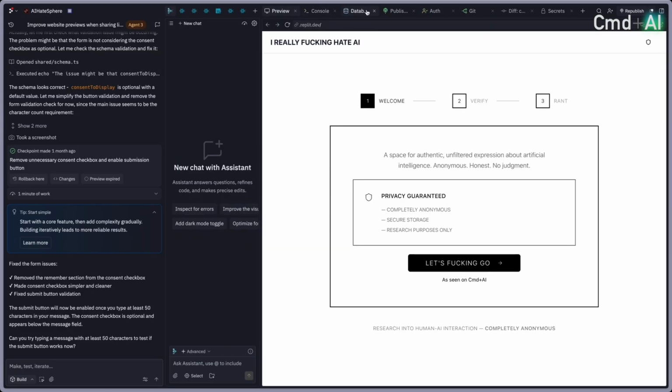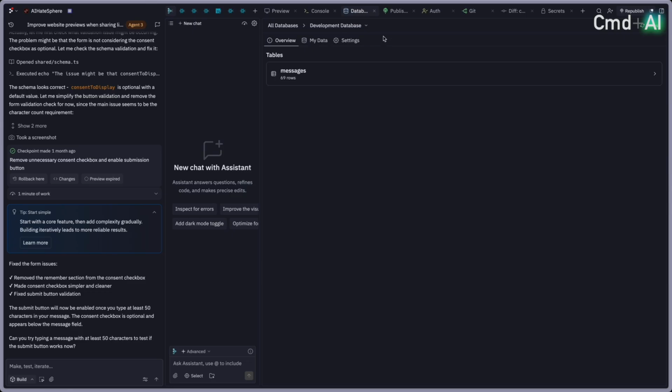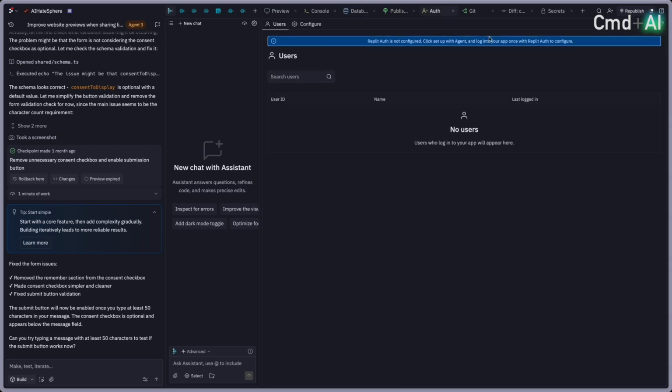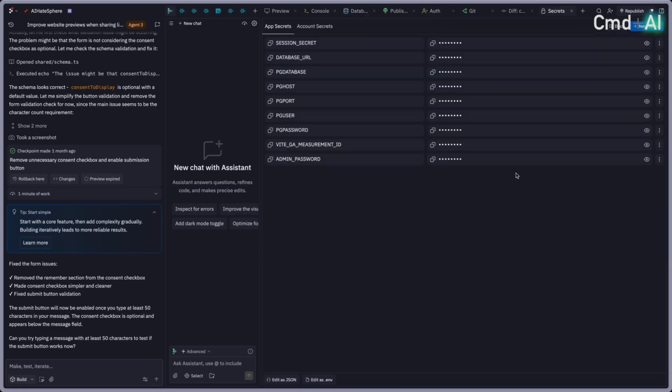It has everything built in. So you've got databases built in, which other platforms don't. And it's a Neon database, so still third party, but it integrates really well with Neon. It's got authorization built in. It's got secrets, which a lot of other platforms like Lovable, like Bolt, don't really have a lot of the integrations. I describe this as the Webflow of vibe coding platforms. It's got everything built in. You don't need to worry about anything.